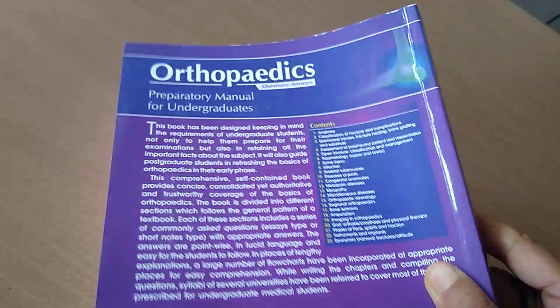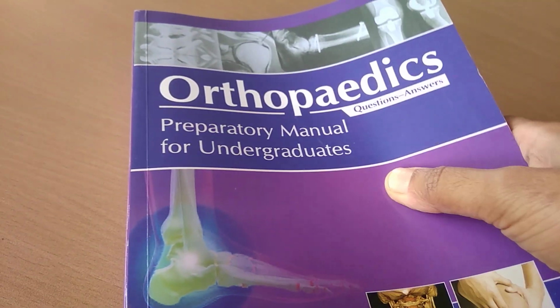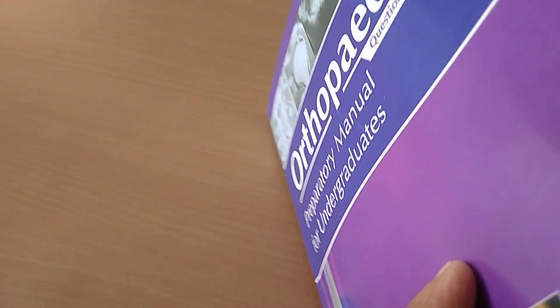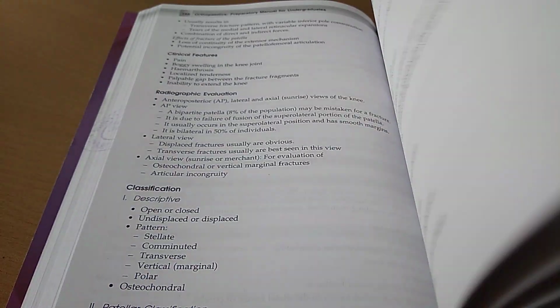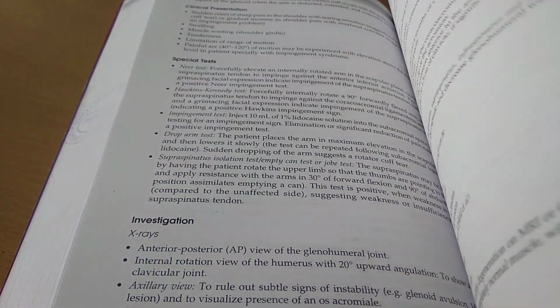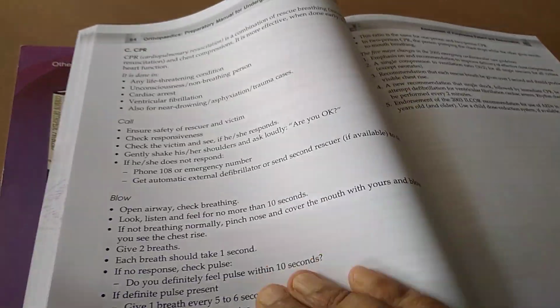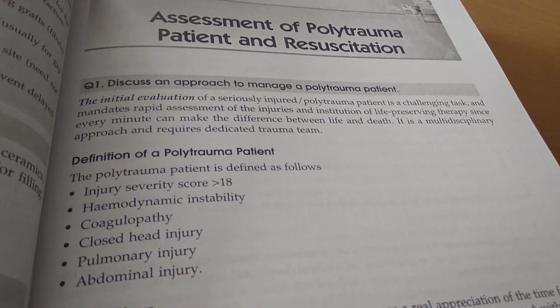So I understand that all your final year subjects have this kind of preparatory manual book which will have the questions and answers, a very, very black and white boring book. So if you can tolerate that, then okay. Mostly it's a kind of a guide, right, just to pass your exam. No images, very, very boring. I feel like in the exam if you draw images you get marks. So these kind of books which teach the answer without a diagram, I don't recommend. But anyways, let us look at this book.